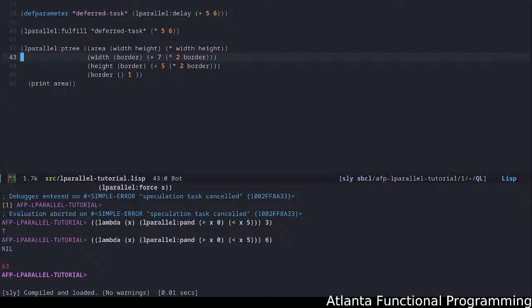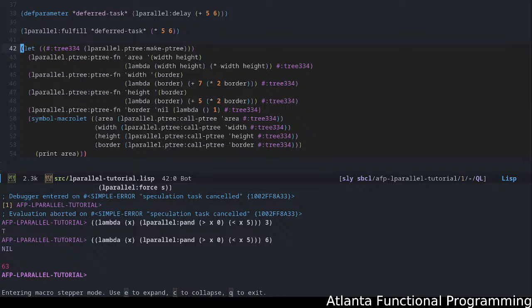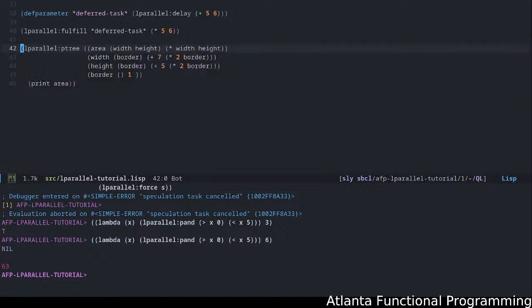Notice the amount of code that this is, compared to how much you would have to write if you end up writing the equivalent, which is something along these lines. I'm going to show you what the generated code would look like. It would be